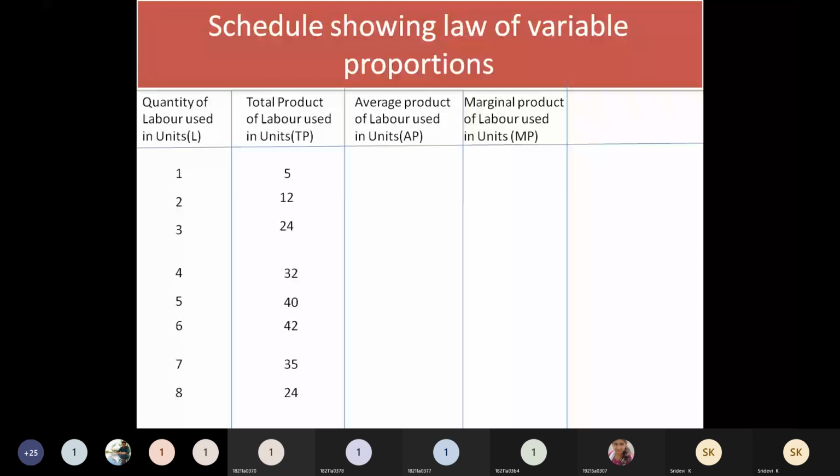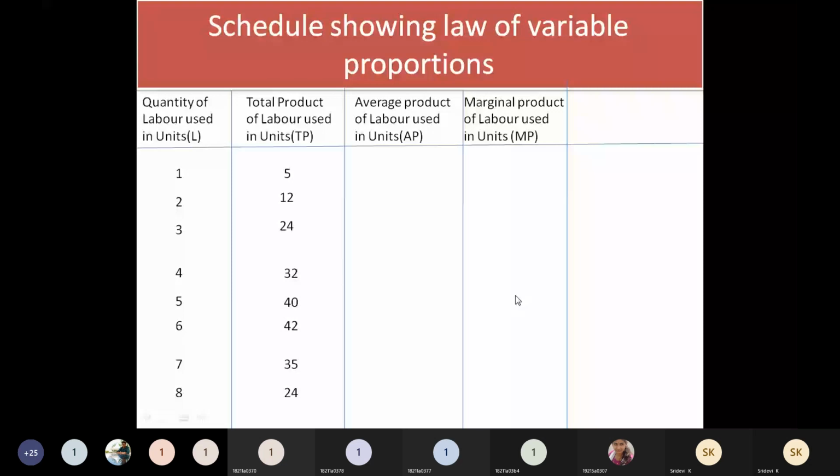So at the beginning, when there are 1 to 3 workers, the production has increased too much. Okay. Still, if you increase to 4, 5, 6, at this stage you can see that the production gain is somewhat less. Of course, total production is more, but when you find out the marginal per labor how much they are producing, that you can identify. If you add one more additional worker, how much your production is increasing, we can understand here.